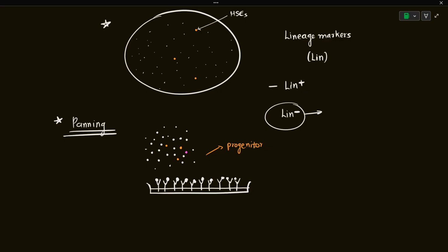But they are not stem cells, right? They are not hematopoietic stem cells. So both progenitor cells as well as hematopoietic stem cells will not bind to those antibodies. So we discard the cells which are bound to antibody,